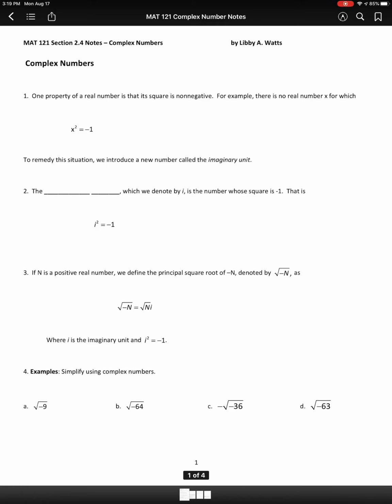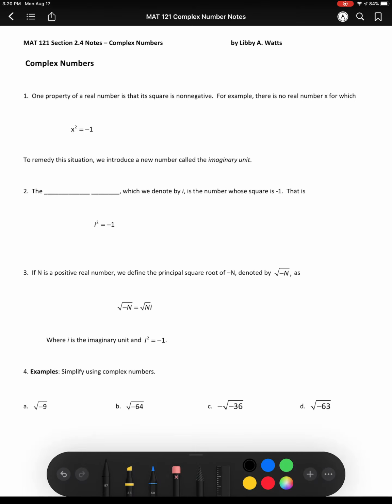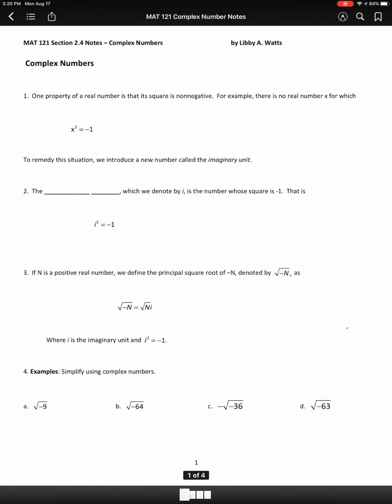So mainly when you do algebra, you're talking about the real number system, but sometimes it comes up that you have an equation like x squared equals negative 1, where depending on where you are in a course or what course it is, you might say there's no answer. But unfortunately, that's not always good enough. There are applications in real life where you actually have to find an answer. So mathematicians found a way around it by coming up with complex numbers